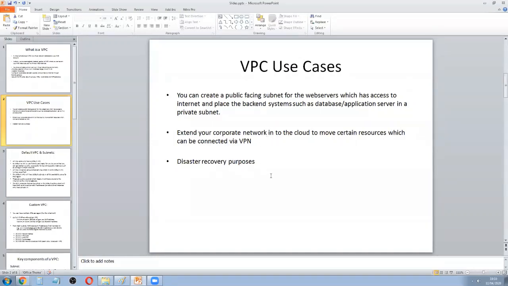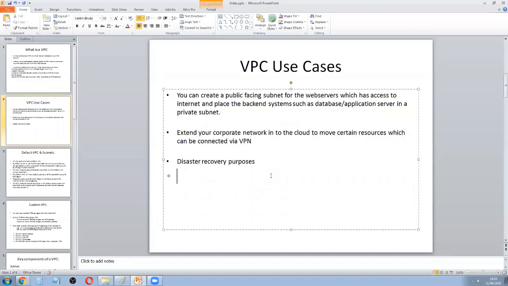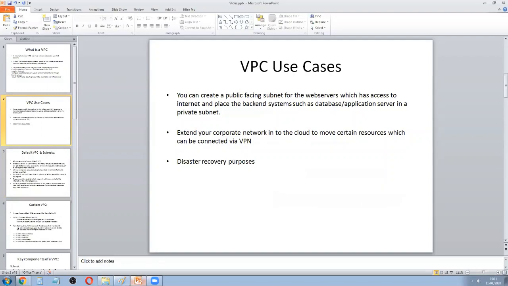You can also treat AWS and VPC in general as an extension of your corporate network, move some of your test development environment over to cloud. And also another key usage is for disaster recovery purposes. These are general cloud usage cases as well. Let's look at a typical simple